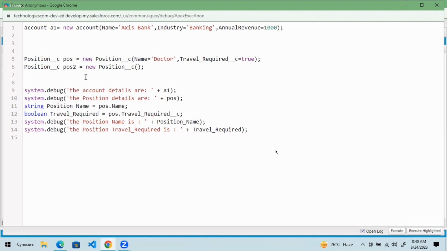If I want to give value to this POS2, then I will give POS2 dot name equal to